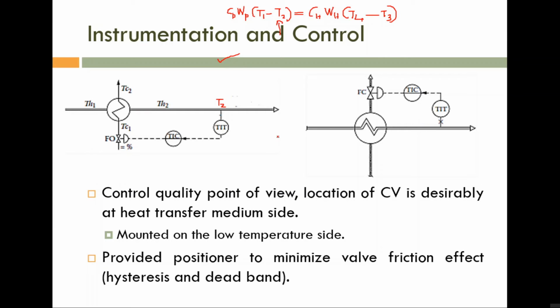There are a number of selection criteria. Speed of response must be large. The relationship between the manipulating variable and the controlled variable, here T2, must be linear. And the speed of response of the controlled variable must be relatively large with respect to the manipulating variable. The effect of disturbance on the manipulating variable must be small. A number of selection criteria are there.